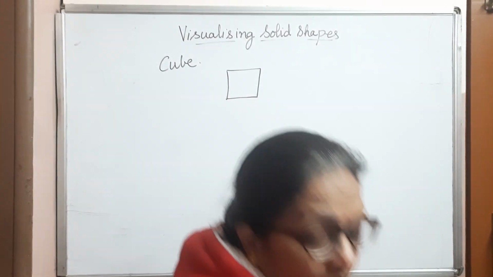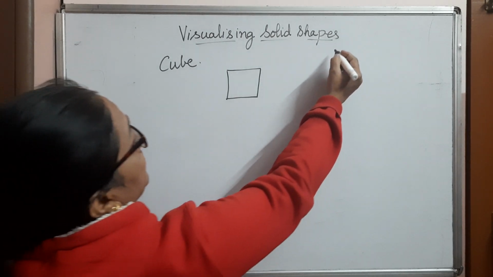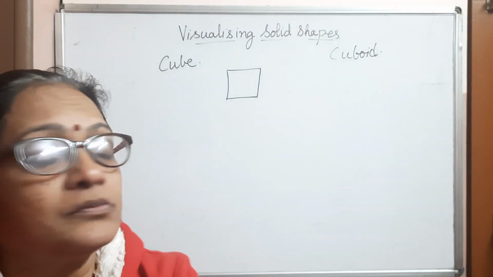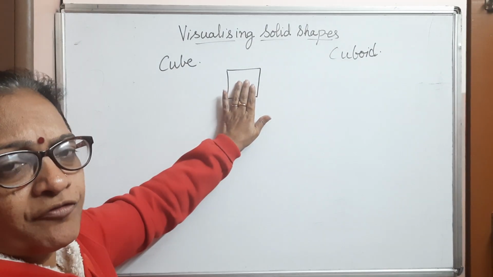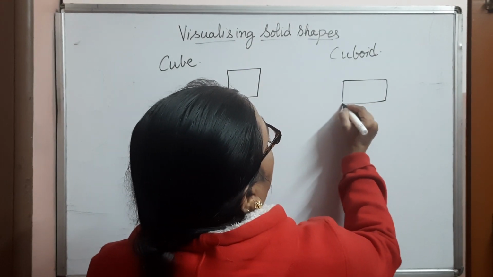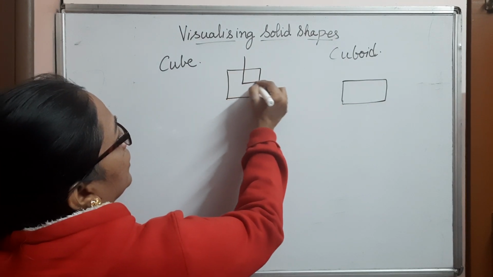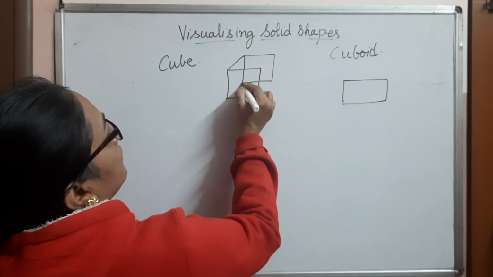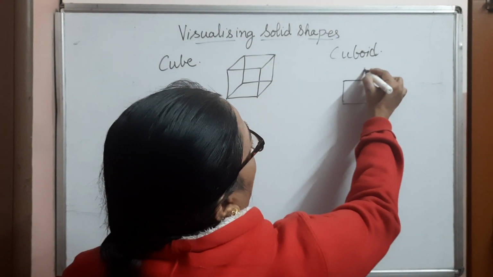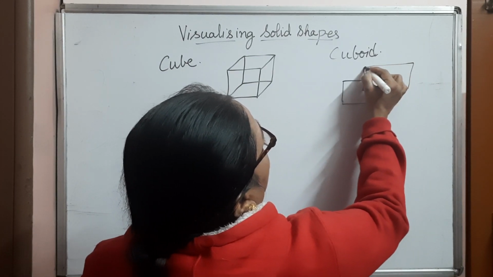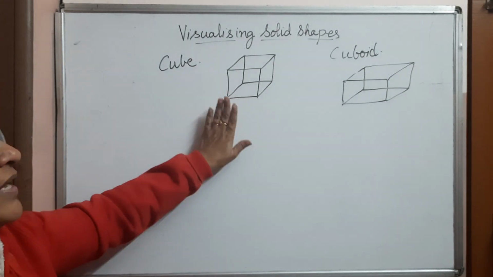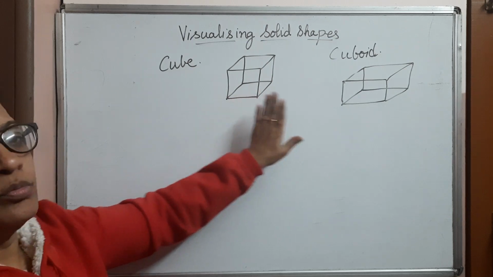That means a cube and a cuboid resemble each other. The only difference between a cube and a cuboid is that in a cube, the shape of the face is square, and in the case of a cuboid, the shape is rectangular. Now if I draw a cube, it will look somewhat like this. You all have seen a Rubik's cube, right? And if I draw a cuboid, it will look like this. This is the basic figure which I have drawn. This is a cube and this is a cuboid.